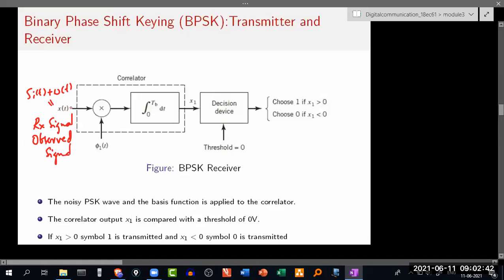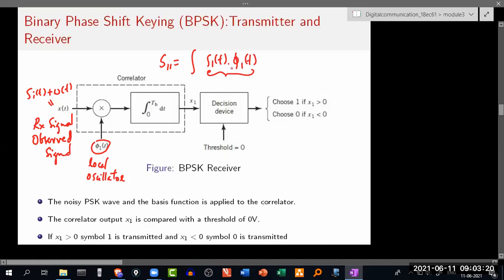So what should I do in order to convert it into vector form? All I got to do is multiply it with the same local oscillator. I got to remember here, local oscillator frequencies should match, because we have seen that if I want to extract signal coefficient value S11, what should I do? I should integrate signal S1 of t with that of basis function phi1 of t.